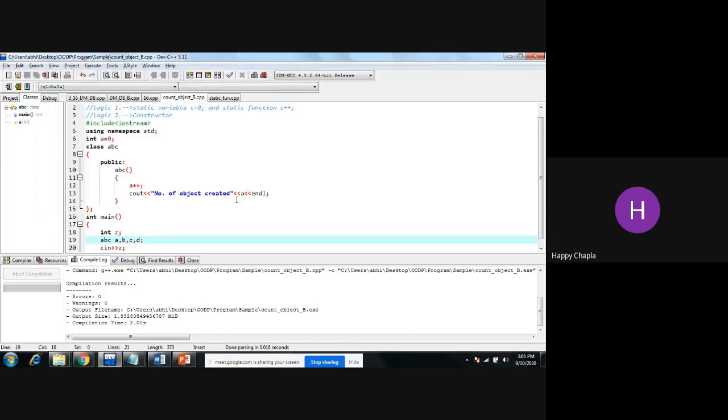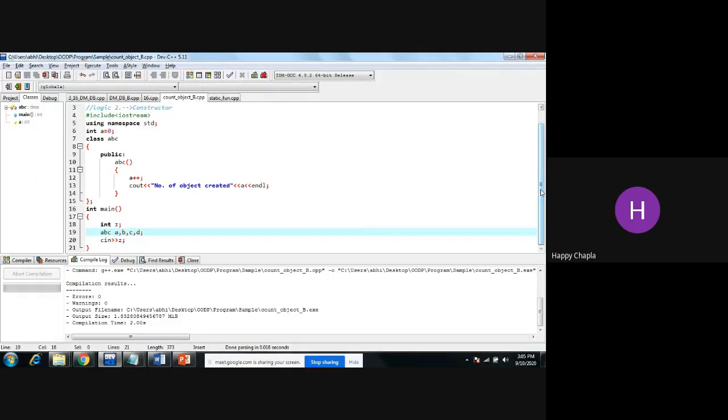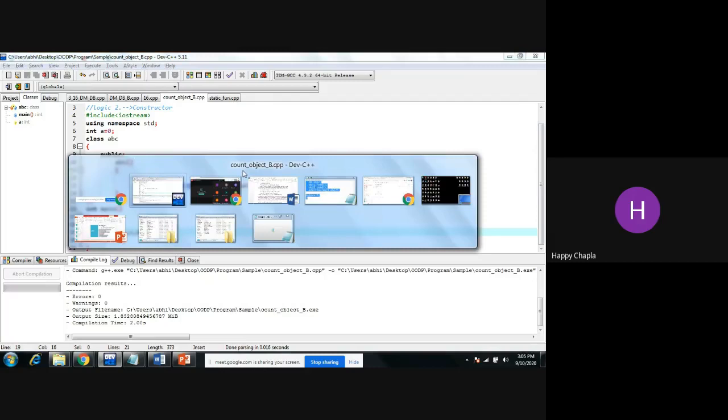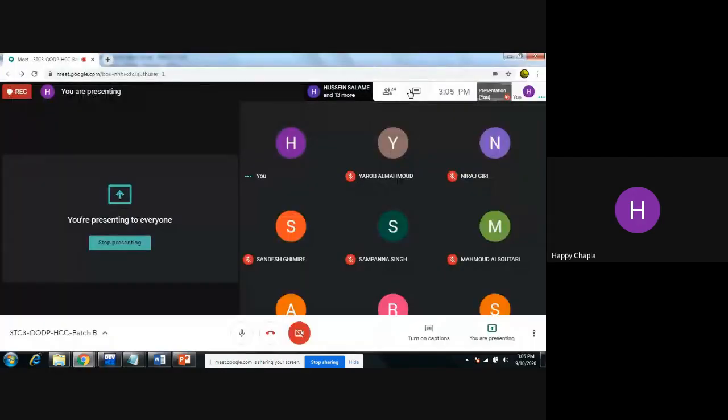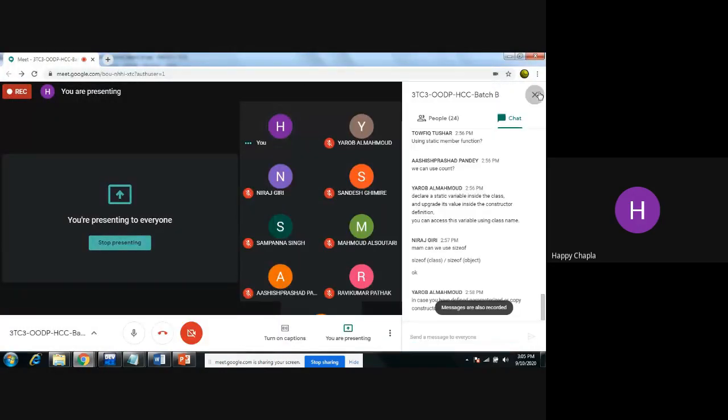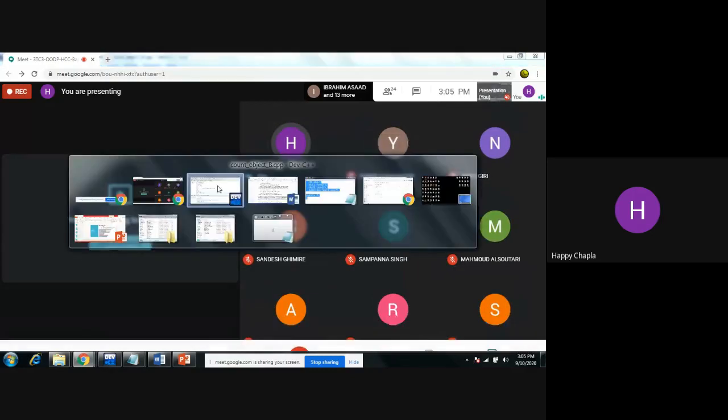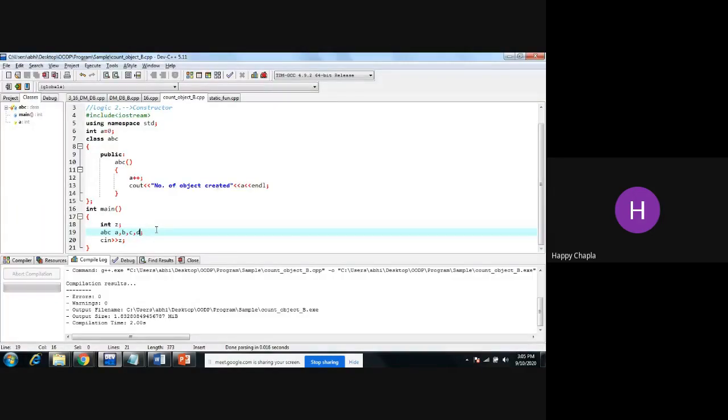Yes, so this is another logic. Okay, so just try to implement this code.